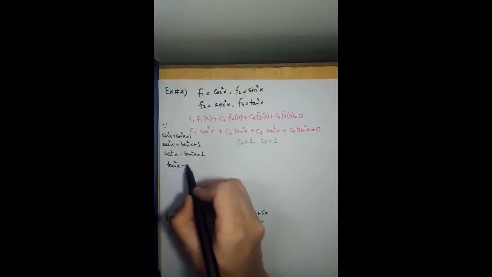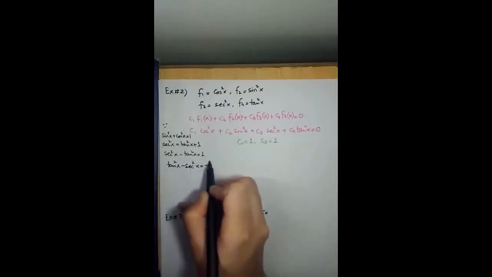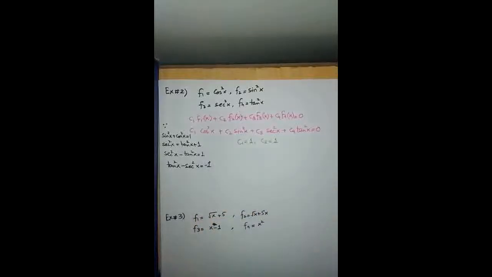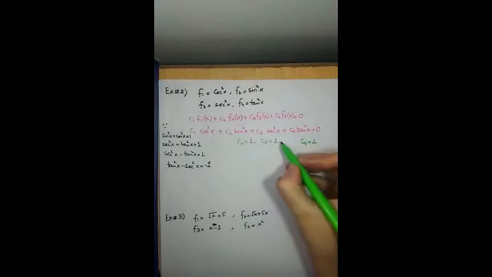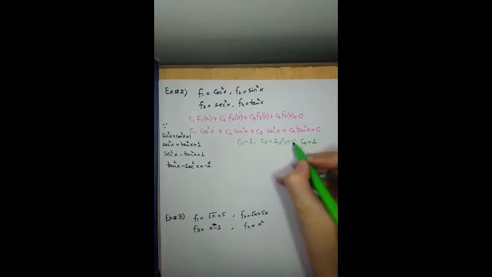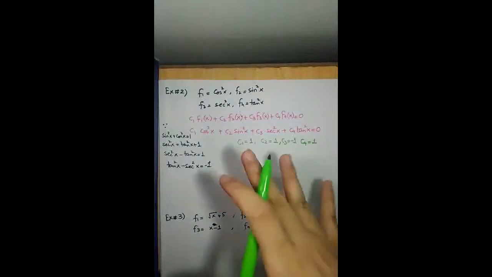tangent square x minus secant square x equals minus 1. It can be any value. To make this combination equal to 0, I can play with it, I can use any technique. Okay, so tangent square x minus secant square x. So if I take tangent square, along with the tangent square I take c4 as plus 1, and secant square, if I take c3 as minus 1, then I have to check whether this combination makes it